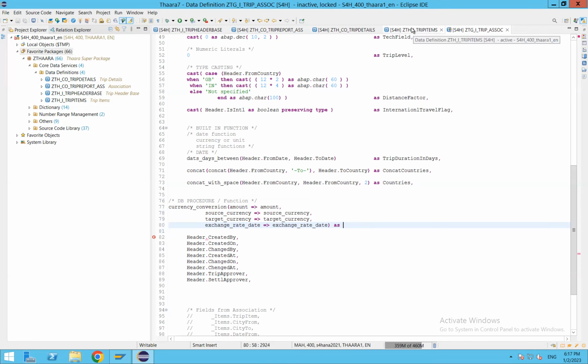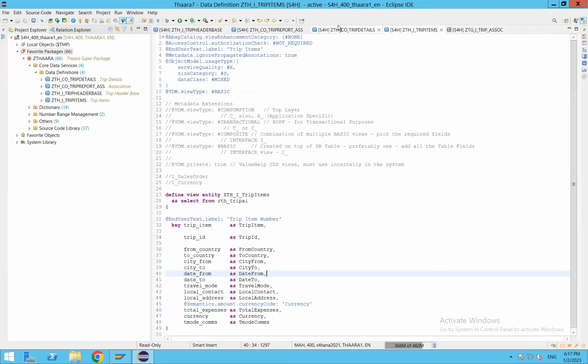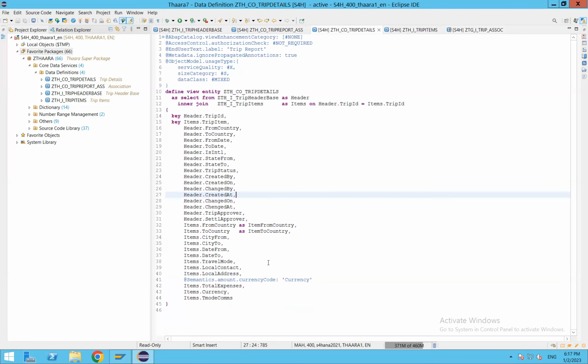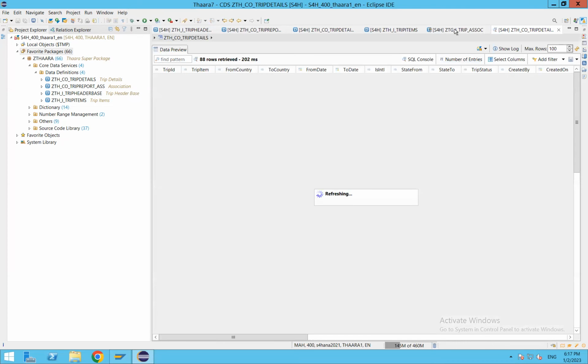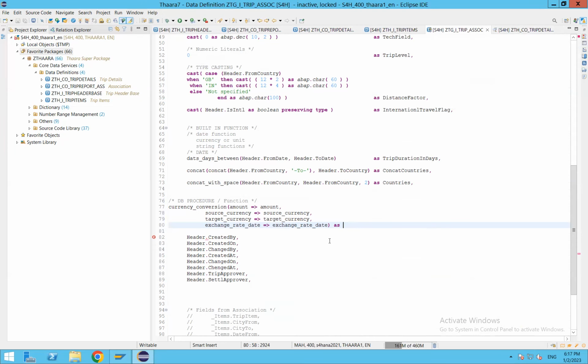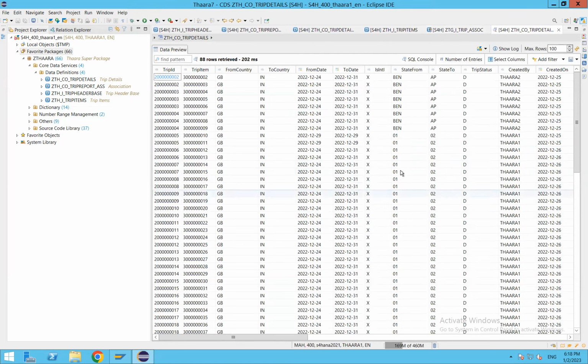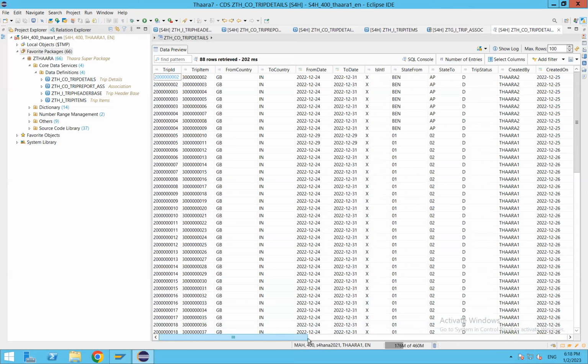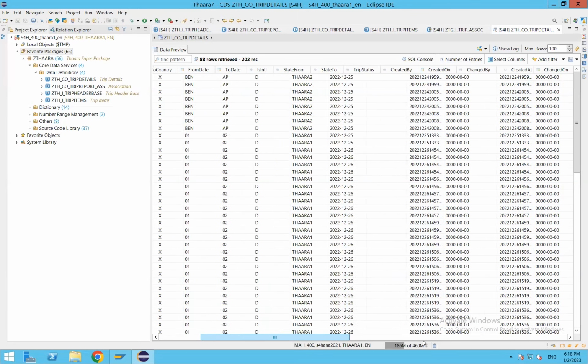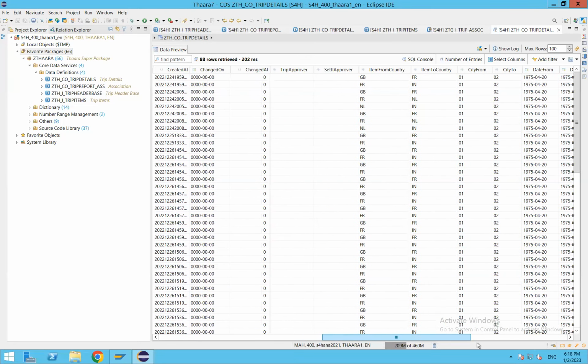But before that, I would like to see the data. The alias is nothing but the expression result name, right? Yes, it's going to be your field name. Once you start using this CDS view, this is the field name you will be referring to. Yeah. So what is the currency we have here,